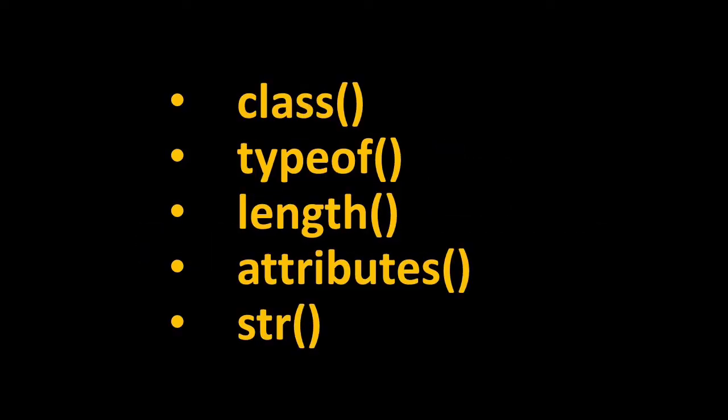So to understand matrix, again we can use 5 functions: class, typeof, length, attributes and str function. Class function will tell us the class of matrix. Typeof function will return the data type of elements of matrix. Length will return us the number of elements available in matrix. Attributes will tell us the properties of matrix, and structure will tell us the internal structure of matrix. So with the help of some examples, we will understand the characteristics of matrix using these 5 functions.